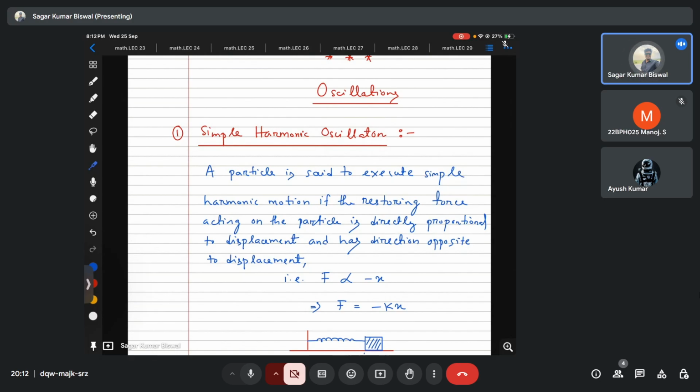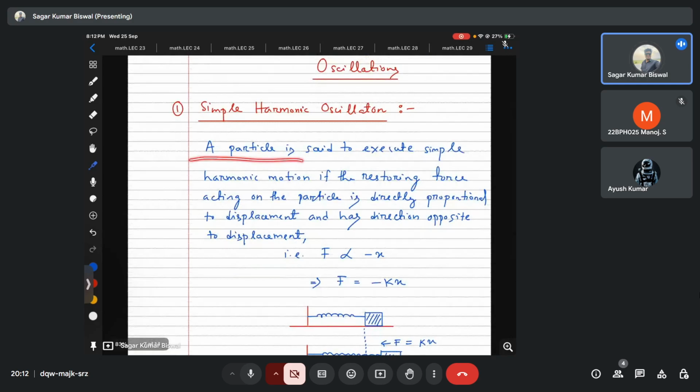So what is a simple harmonic oscillator? A particle is said to execute the simple harmonic motion if the restoring force acting on the particle is directly proportional to the displacement and has direction opposite to the displacement, right? So let me read it again, that a particle is said to execute simple harmonic motion if the restoring force acting on the particle is directly proportional to the displacement and has direction opposite to the displacement,